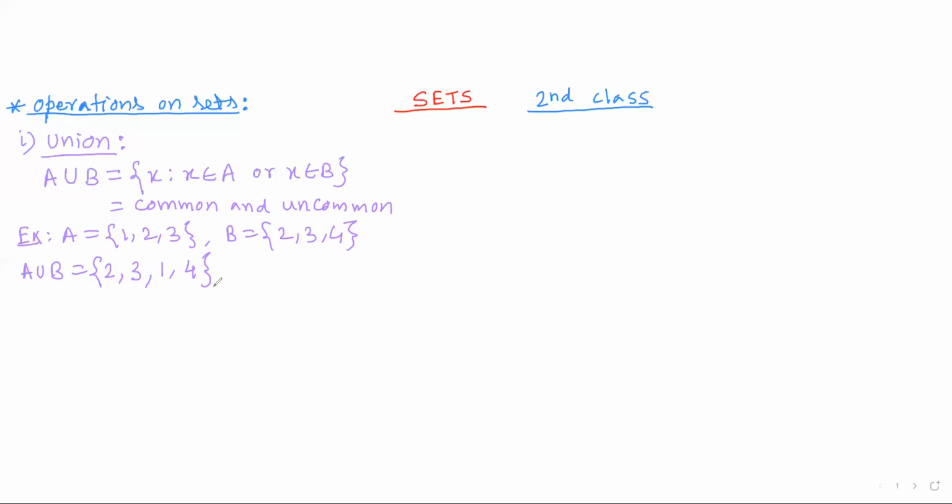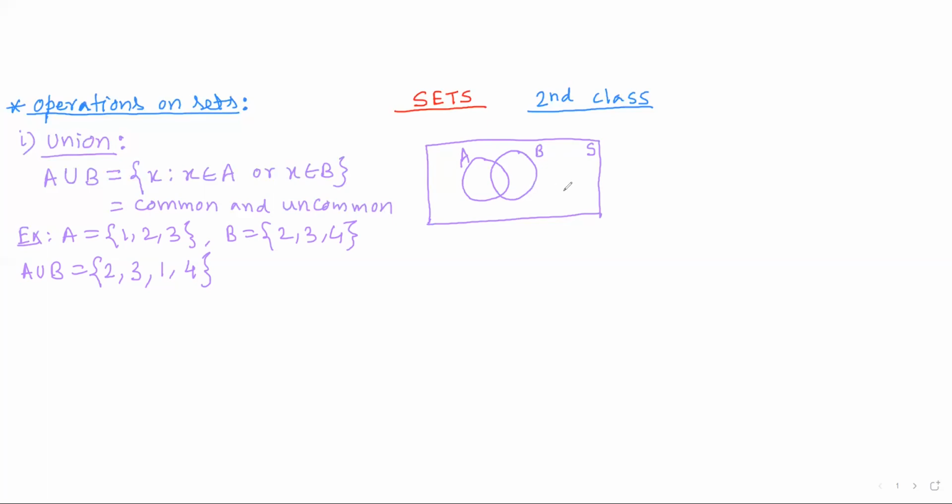Now I will discuss this operation using the Venn diagram. If I draw the Venn diagram of A union B, first we have to take one rectangular box. This rectangular box will represent the universal set. Suppose the universal set is denoted by capital S. Then in this universal set, we will take two sets. One set is capital A. For capital A, we will take one circle, and for the other set, I will draw another circle. So in this way, for two sets A and B, I am taking two circles.